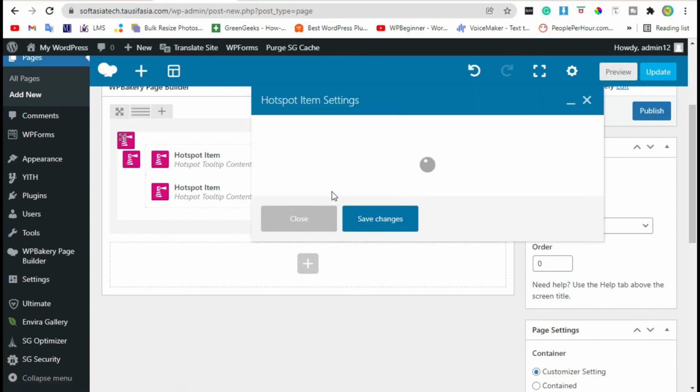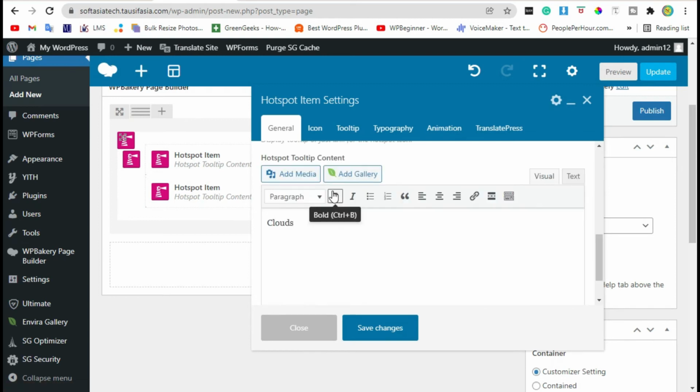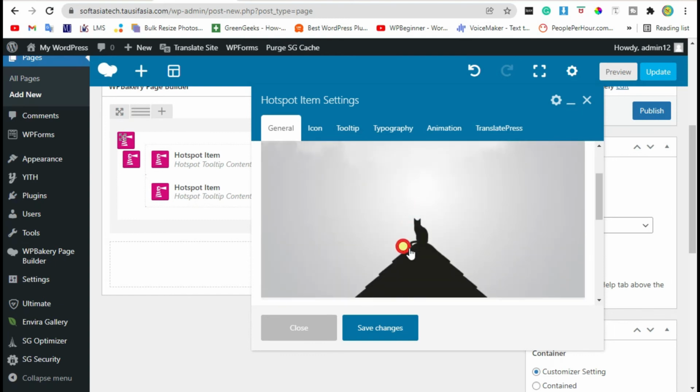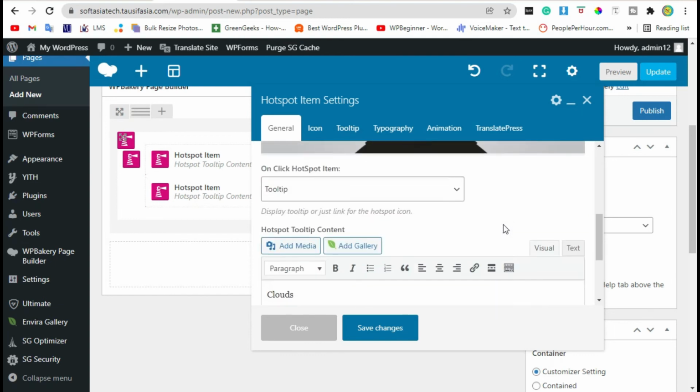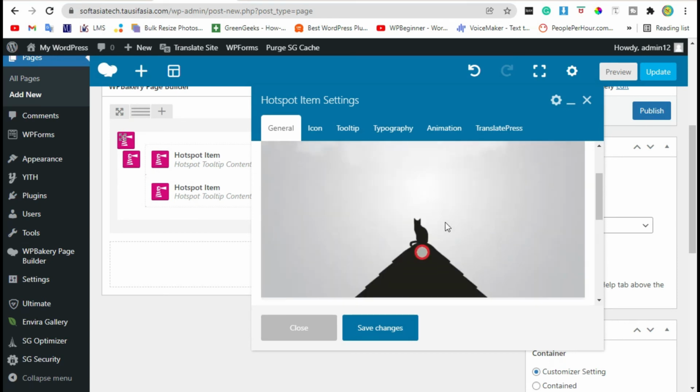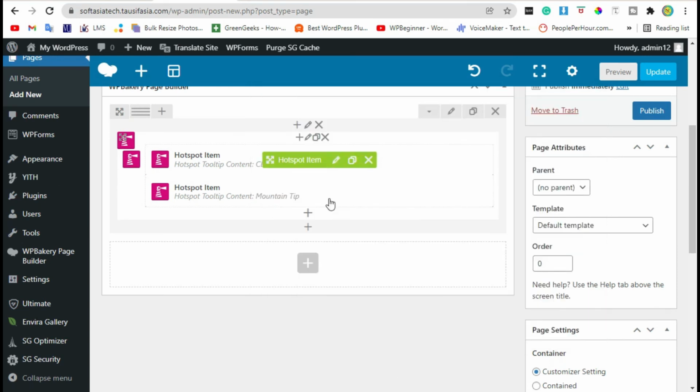Edit it. Drag this heart part to the place where you want to add. Change text. Now save changes.